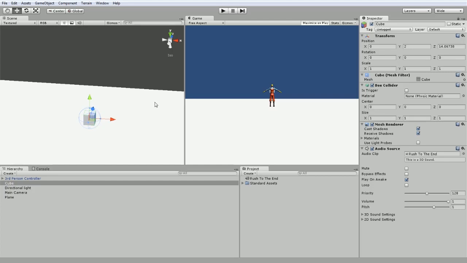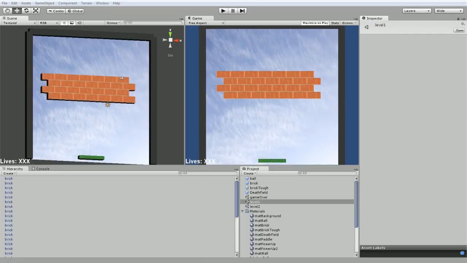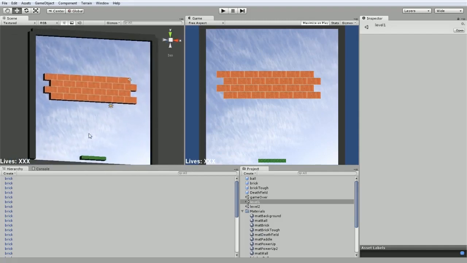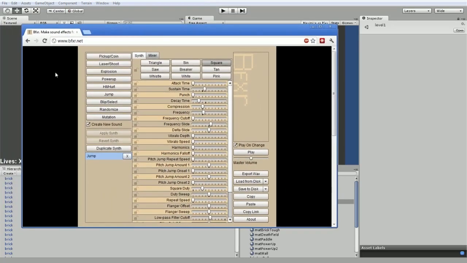So let's look at that next. Now, I've reopened our Brick Breaker project, and this is what we're going to try to add some sound to. Now, I need some sounds first of all, and I am going to add music, but I'm not going to do that quite yet. First, I'm going to work on sound effects, and for that, I'm going to pull up this great little website,